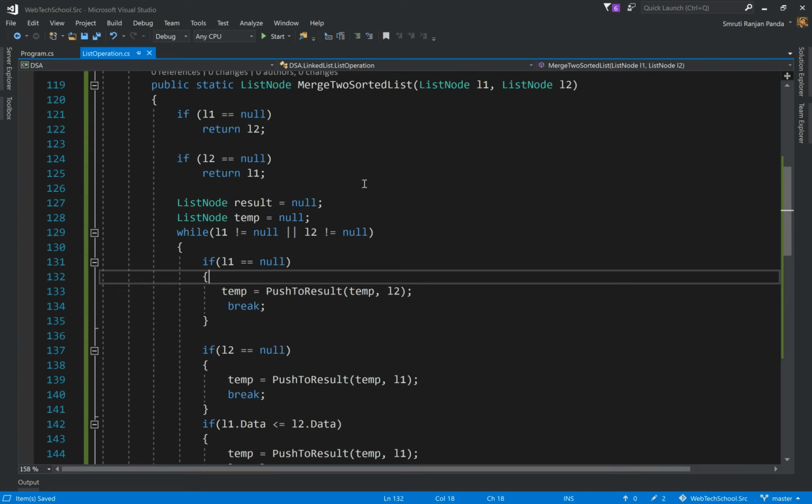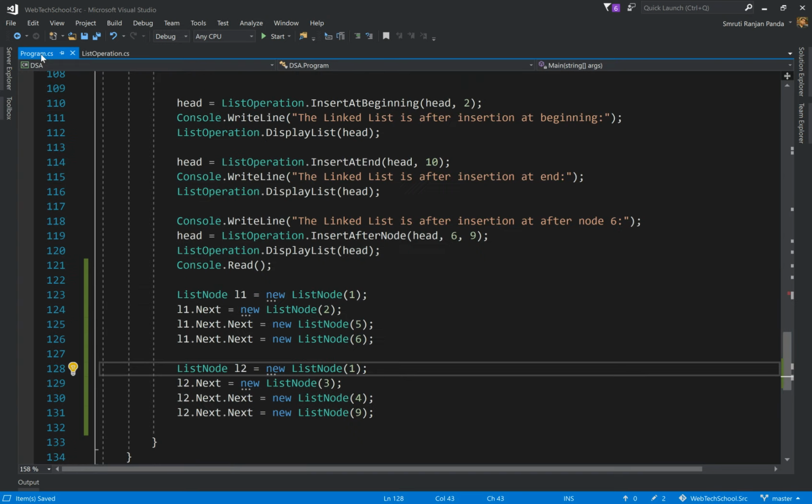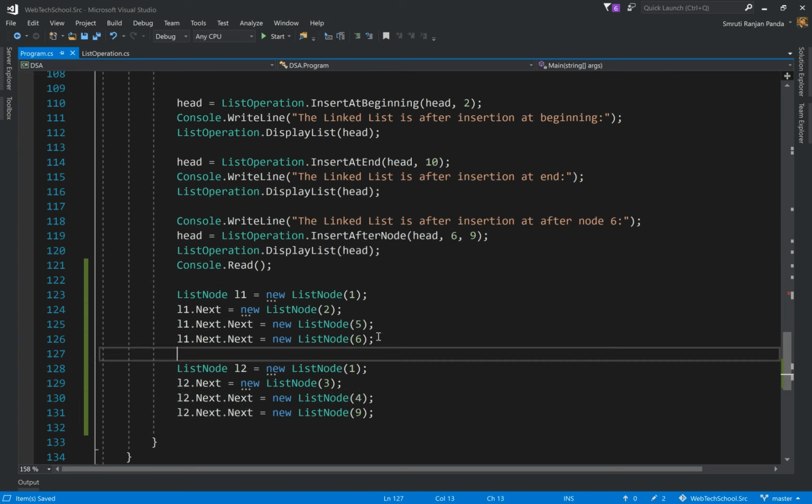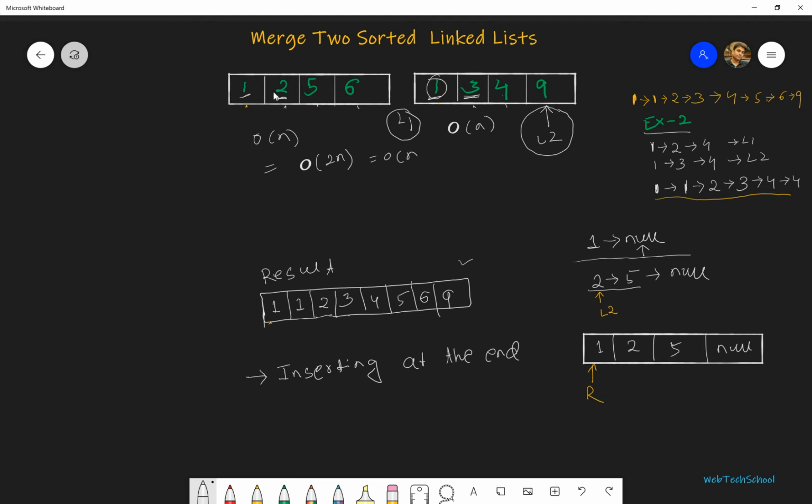Let's verify the implementation. For verifying, we'll go to Program.cs. In Program.cs, I have already constructed the two sorted lists, L1 and L2. L1 has 1, 2, 5, 6 and L2 has 1, 3, 4, 9, similar to the example we discussed.